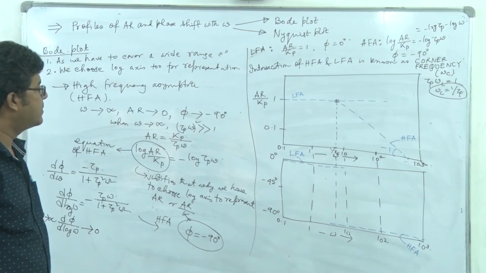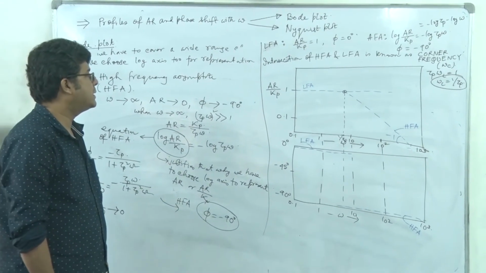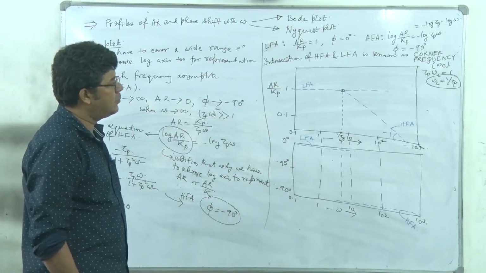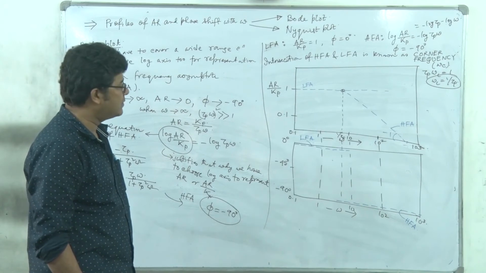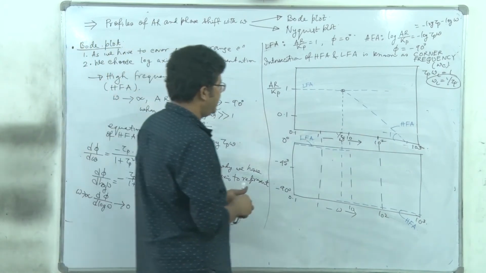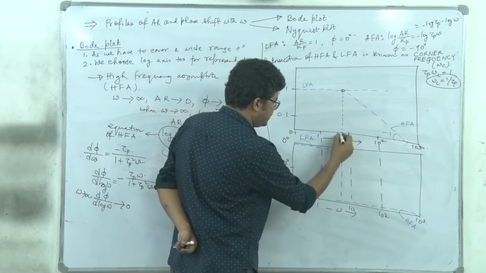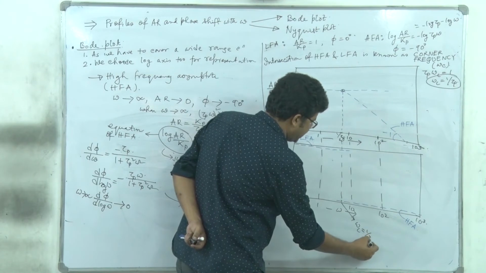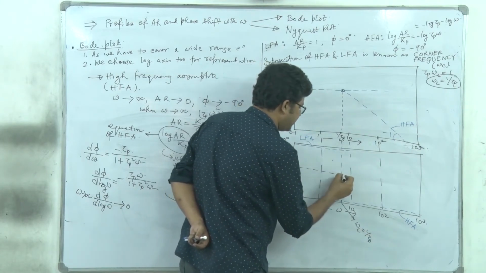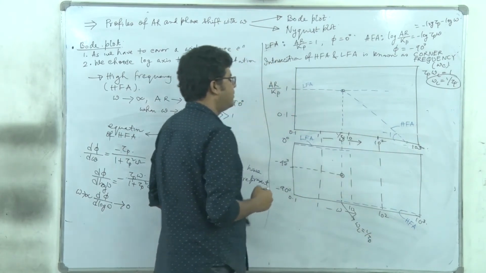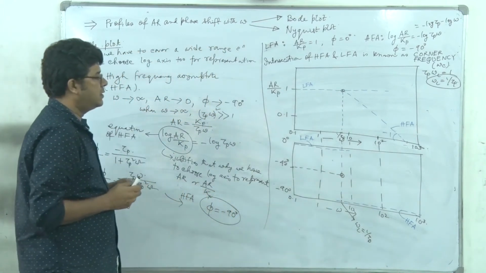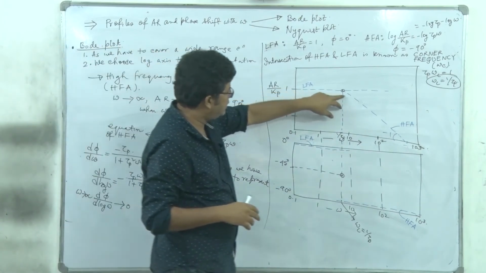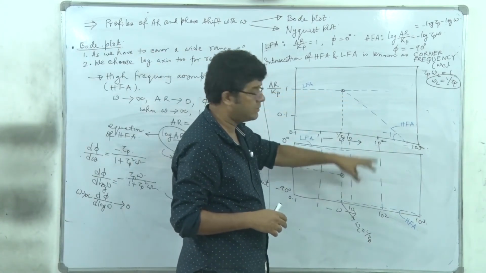So if we substitute omega equal to 1 by tau p, we get phi equal to tan inverse of -1, that is -45. So basically, if this is the corner frequency, this omega c is equal to 1 by tau p, so it must pass through this point. Right? Now in this region close to the corner frequency, we will evaluate some of the actual values